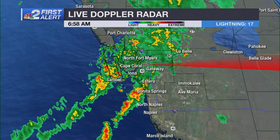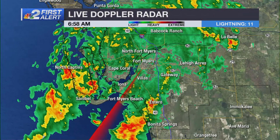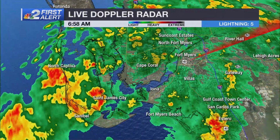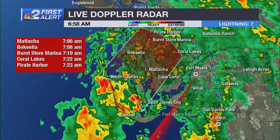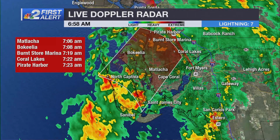We've got 2 main rain bands that we're tracking, one coming in over northwestern Lee County for Cape Coral. For the Cape, the rain's letting up a little bit, but look back to your south and west, and we've got some more on the way coming in from the Lee County Islands over the next few minutes, approaching St. James City and North Captiva. So there's that timeline as we go through the 7 o'clock hour, working toward Bokeelia at 7:08, Coral Lakes 7:22,